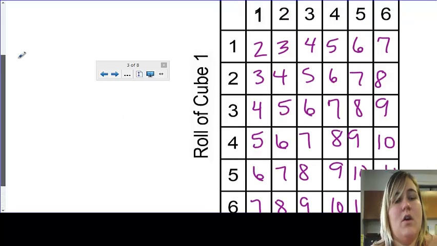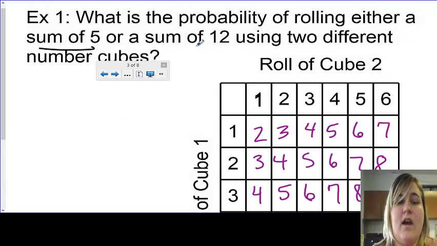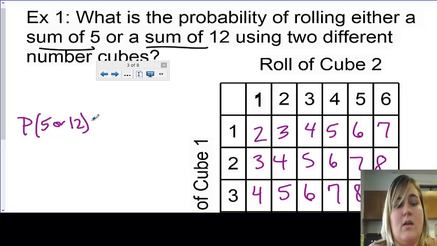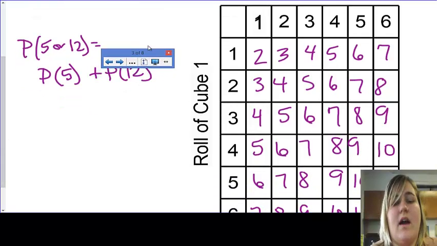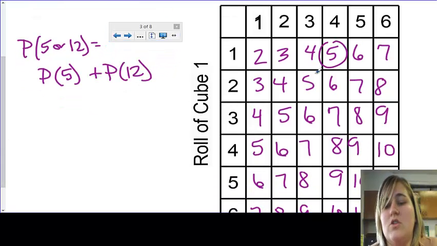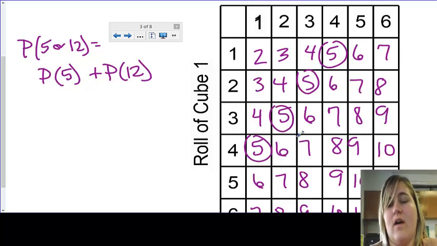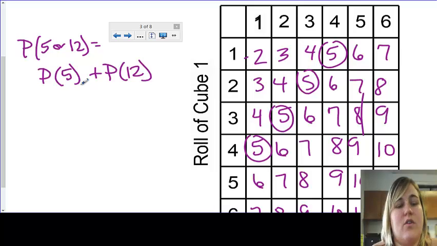Alright, and what I want to know is the probability of rolling a sum of 5 or a sum of 12. So the probability of a 5 or a 12 can be found by finding the probability of getting a sum of 5, plus the probability of getting a 12. Well, for the probability of getting a sum of 5, I have 1, 2, 3, 4 5s out of 36 possibilities, which I can find by taking 6 times 6. So I just said that that was 4 out of 36,